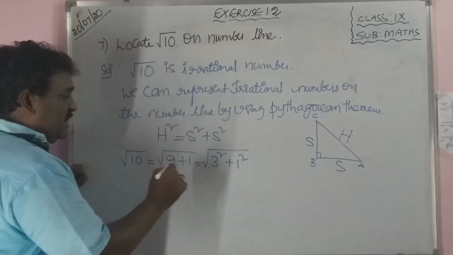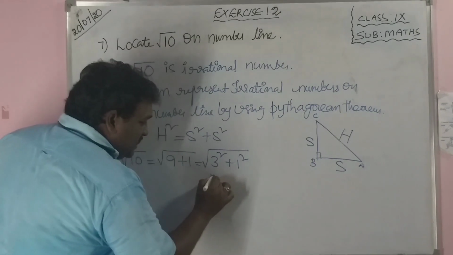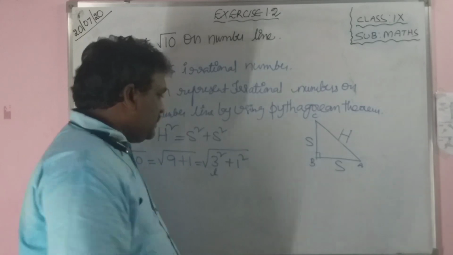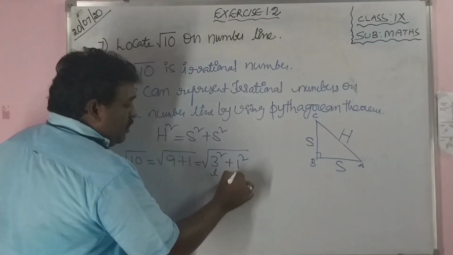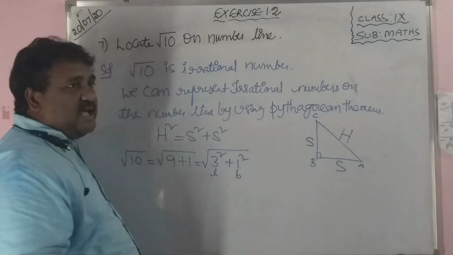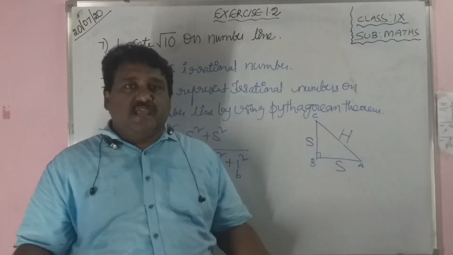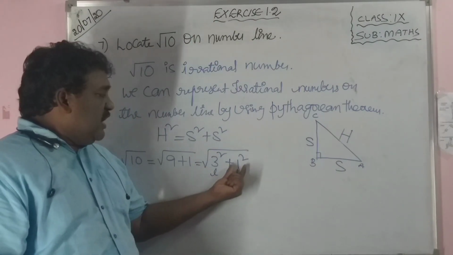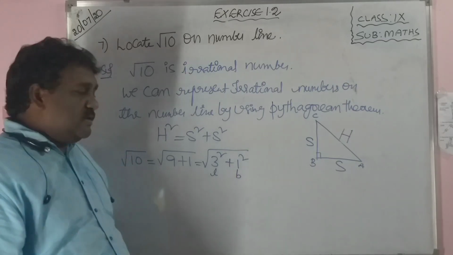You feel like this is length. Treat 3 as length because it is more, and 1 as breadth, just like a rectangle. So 3 becomes just like length, 1 becomes just like breadth. Now